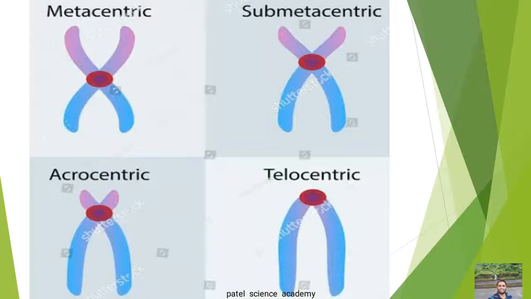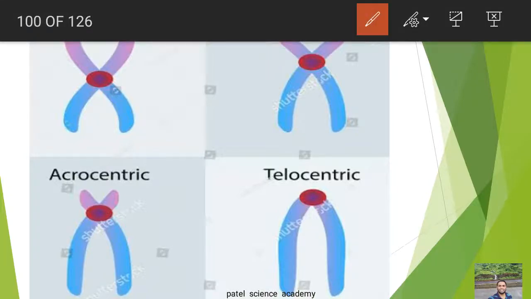Four types of the chromosomes. A chromosome is called metacentric if centromere is present at the middle or at the center of the chromosome, and during the cell division these metacentric chromosomes appear as a V shape. Then